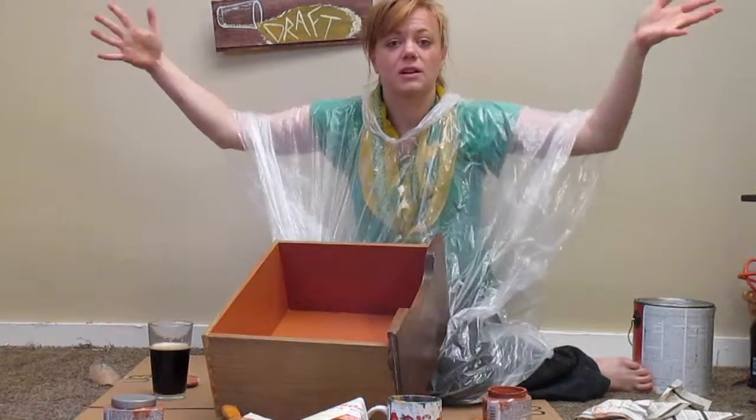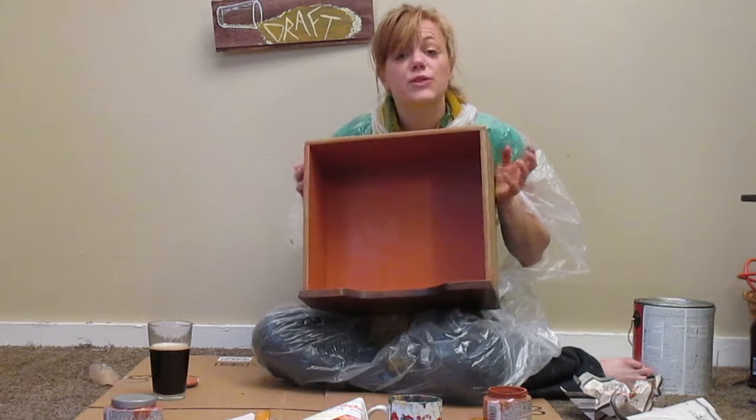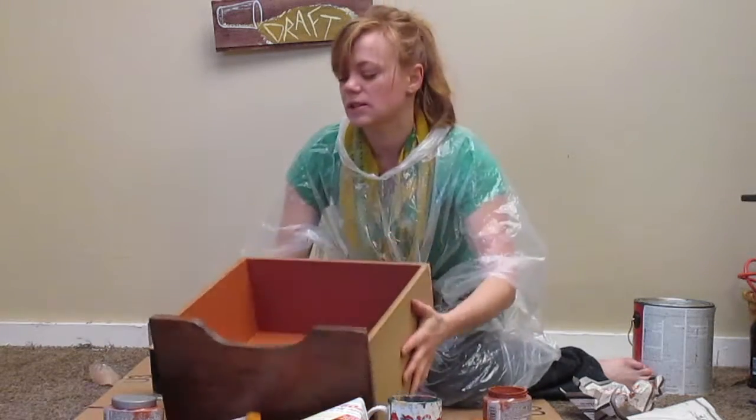Set that down there, not a mess. I'm going to clean off the edges. So many uses. So I've got the inside painted. Now I didn't do too thick of a coat. I'm just going to do one simple coat because we're going to make it look kind of rustic-y. Now while the inside dries,